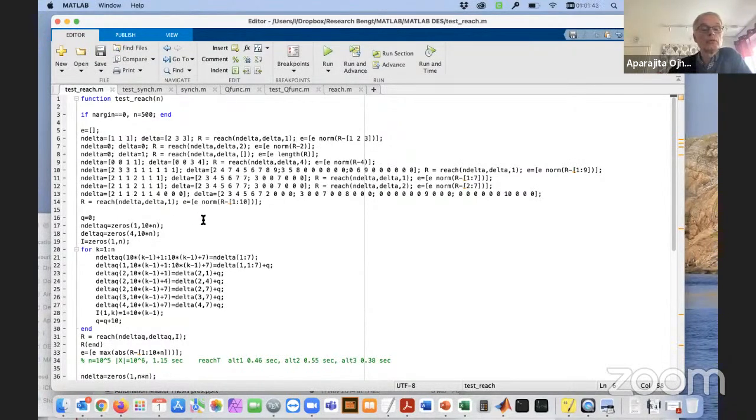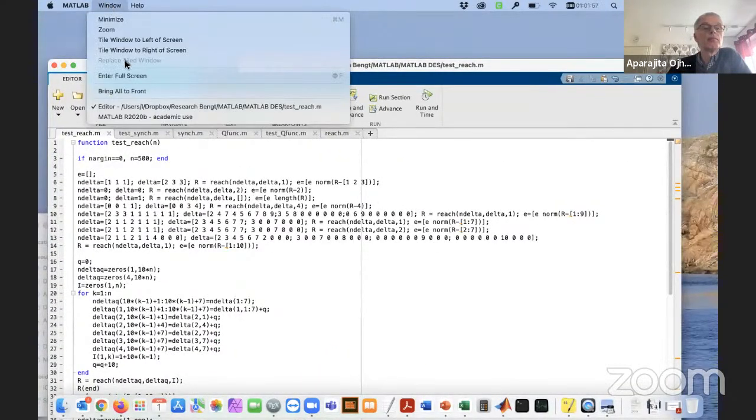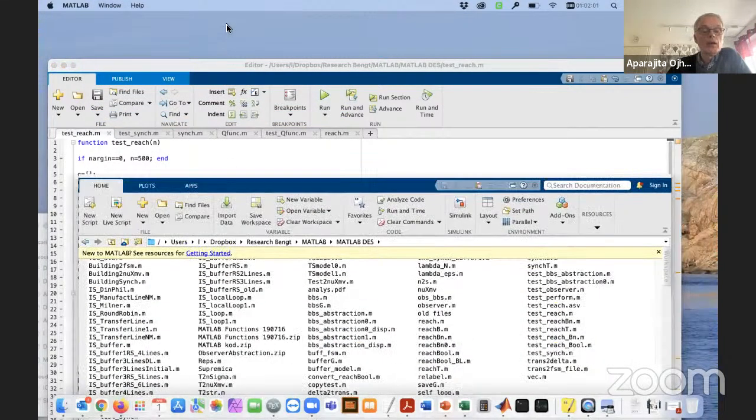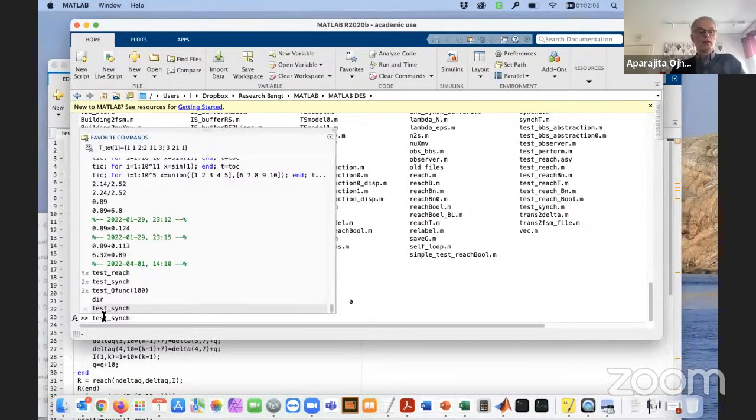and if R generates that, then you also get the 0 element of that case, test case. So for instance, if I run now, okay, window, let's see. Yeah. So for instance, if I run this test reach,